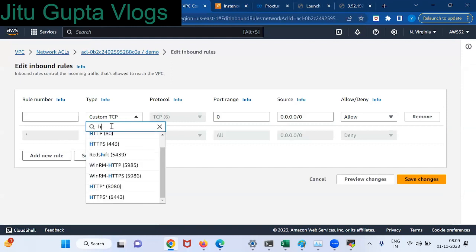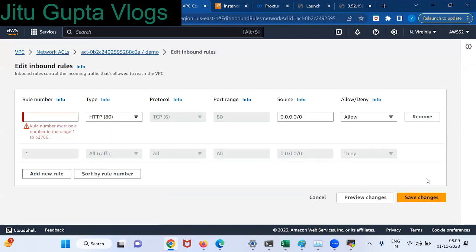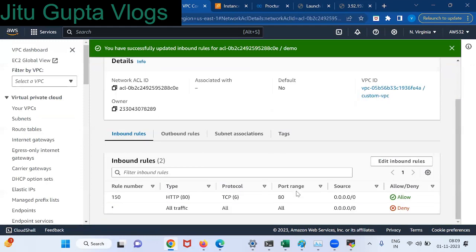HTTP, 80, save changes. Sorry. So here, priority. As per the priority, it will work. I mean the rule number. For example, you can give 150. Okay, my inbound rule is 150, allow HTTP.